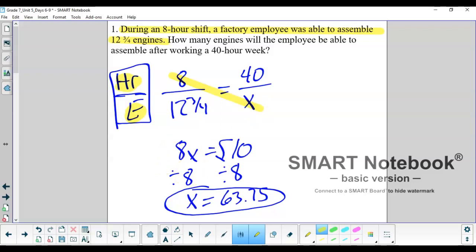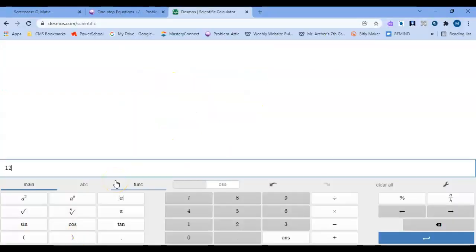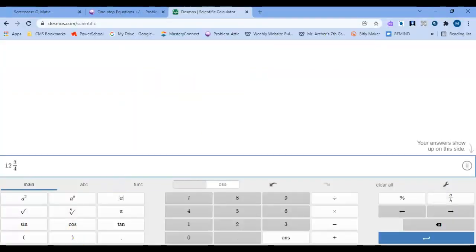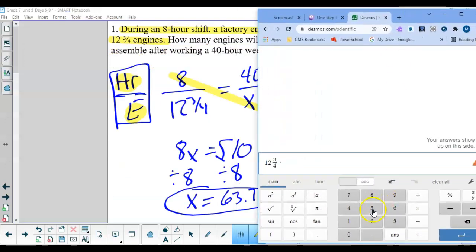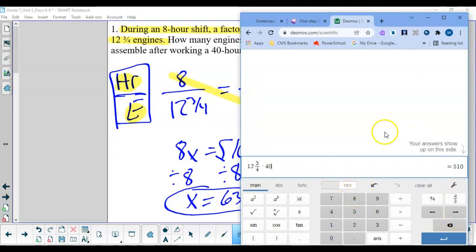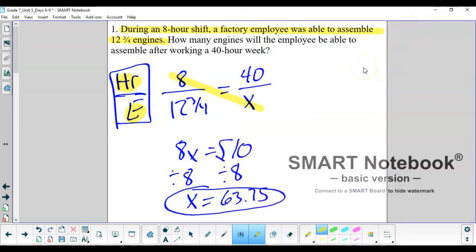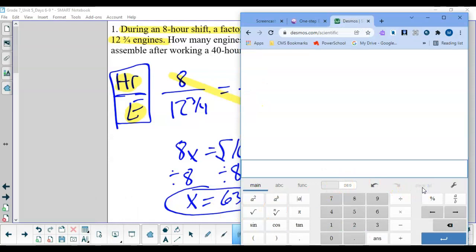And then I did 12 3/4 times 40 in my Desmos calculator. So again, if you're unsure, all we got to do is hit 12 3/4 and then multiply it by 40, and we should get 510. So again, there's my first part. Let me minimize that. Now I have to divide each side by 8. So I'm doing 510 divided by 8, and you should have gotten an answer of